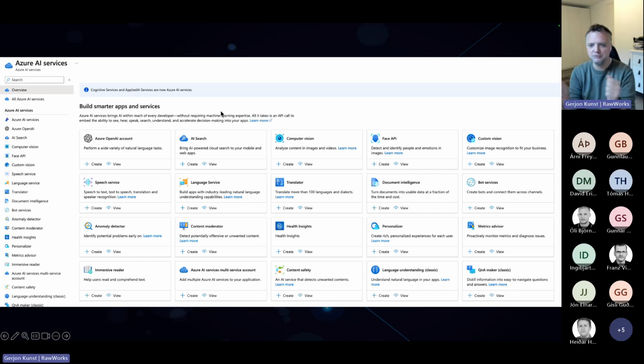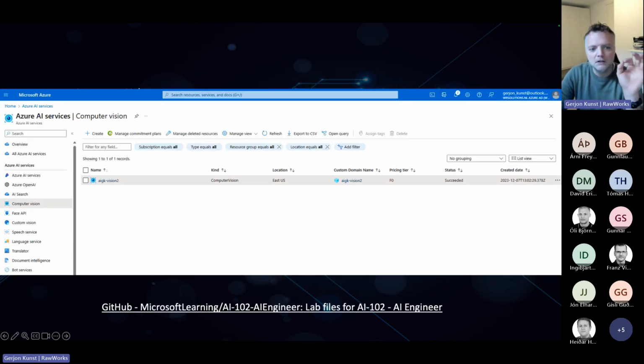That's more of the computer vision, where you can use images and videos to check who's doing what. So there are a lot of things you can use here, translation, document intelligence. I urge you to look around this and build with your own. Another cool thing that you might want to do, if you want to build your own bot, is go to GitHub and look at the AI-900 or the AI-102 GitHub repos, because they have a lot of Python and C# code that you can use to build your own